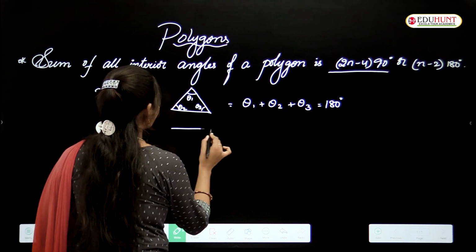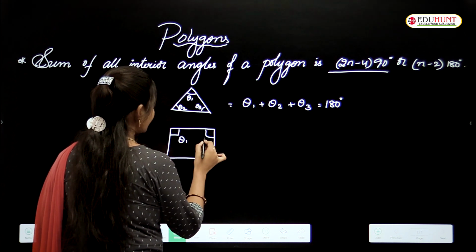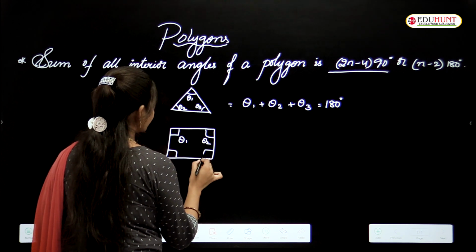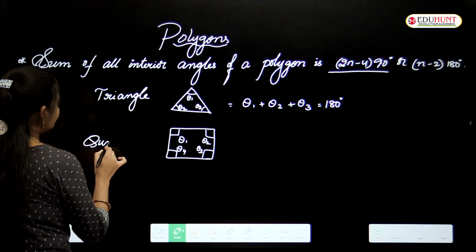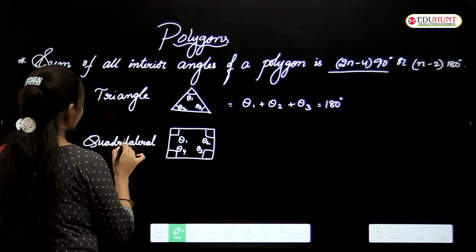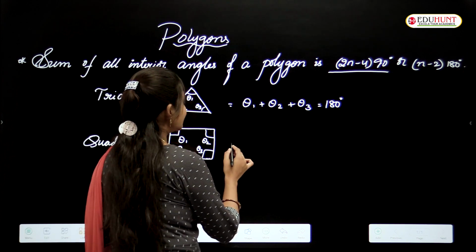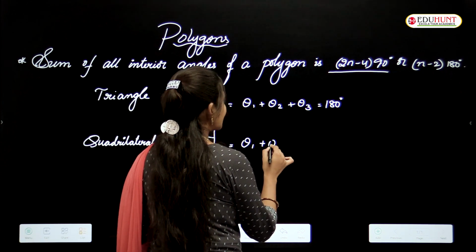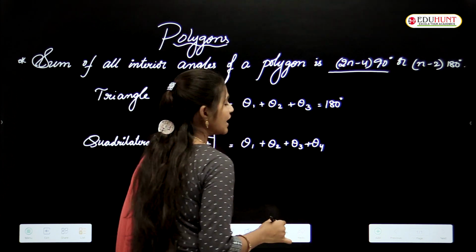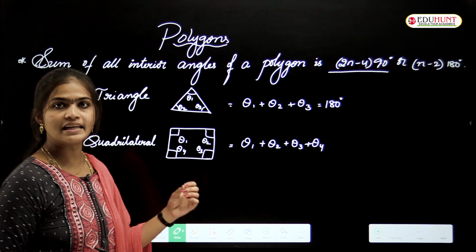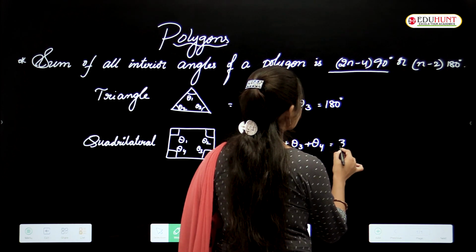Next, for example, I am going to take a quadrilateral. This is theta 1, theta 2, theta 3, theta 4. In this quadrilateral how many angles are there? Here we have 4 angles, right? What are those? Theta 1 plus theta 2 plus theta 3 plus theta 4. If you add all these angles,